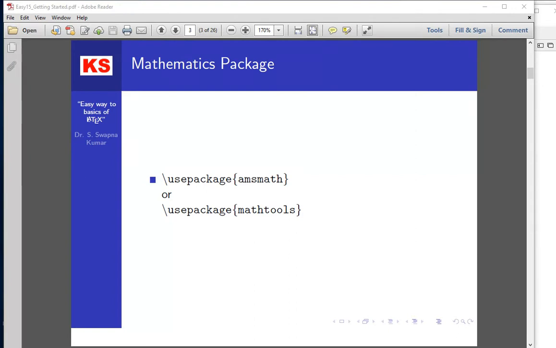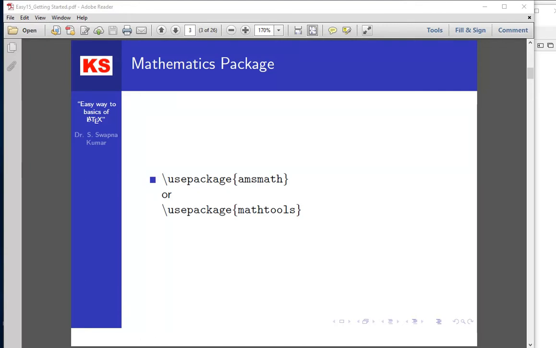Mathematics package. As you are well aware from the earlier video series, where we often discussed the minimal commands that you need to know to execute the LaTeX file. In that, the first command is use package.